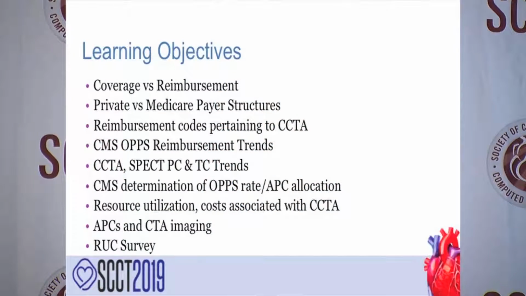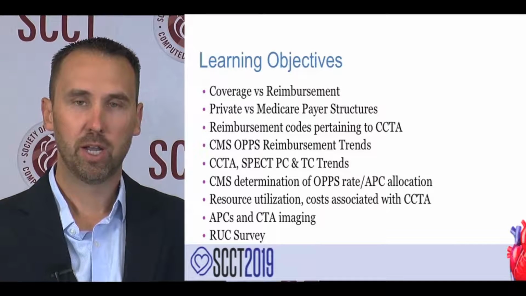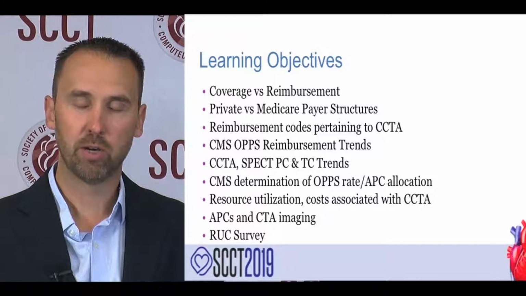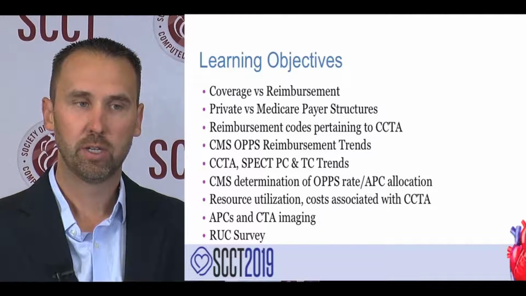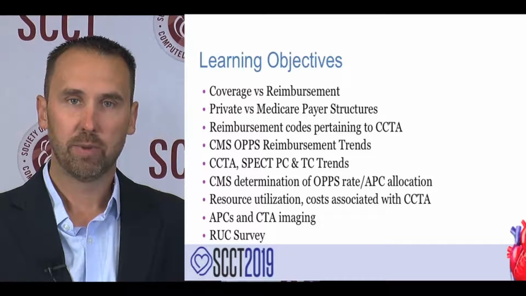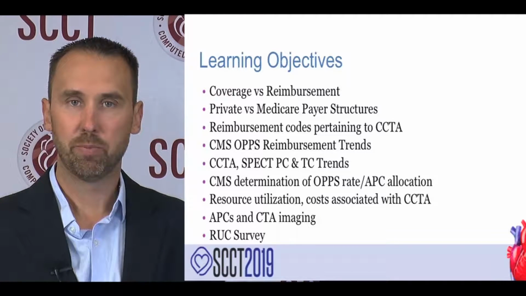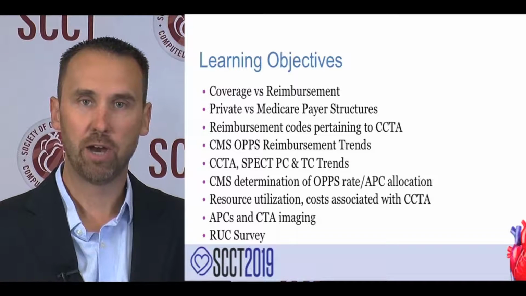So we're going to talk a little bit about the differences between coverage and reimbursement and define those terms. We'll talk about some of the differences in the structures between private payers and Medicare. We'll talk about the Category 1 codes that cover CCTA currently. We'll go into a little bit more detail about some of the more recent trends with CMS with regards to reimbursement for cardiac CT and its various codes, as well as compare it to some other similar higher volume modalities